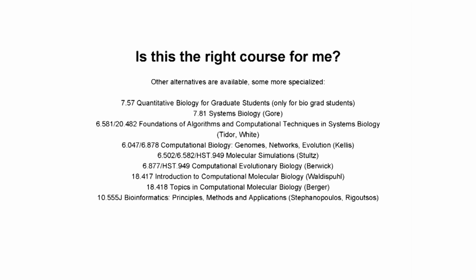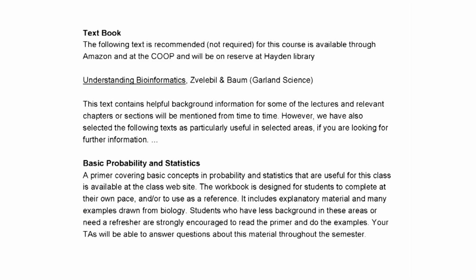Okay, a few notes on the textbook. So there is a textbook. It's not required. It's called Understanding Bioinformatics by Zvelebil and Baum. It's quite good on certain topics, but it really only covers about maybe a third of what we cover in the course. So there is good content on local alignment, global alignment, scoring matrices, the topics of the next couple lectures, and I'll point you to those chapters. But it's very important to emphasize that the content of the course is really what happens in lecture and on the homeworks, and to some extent what happens in recitation.